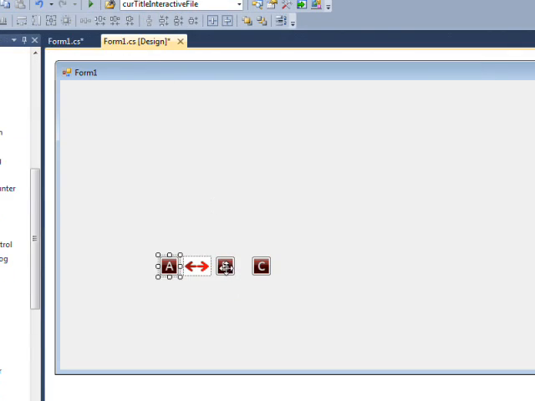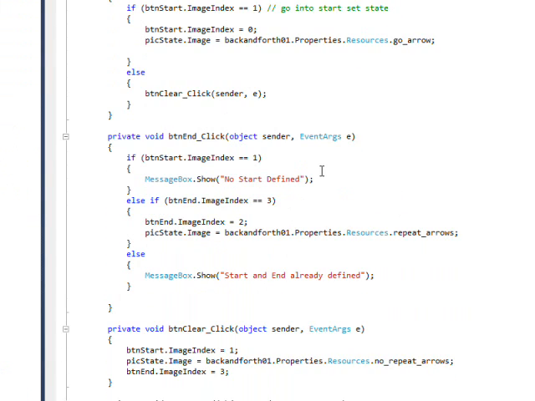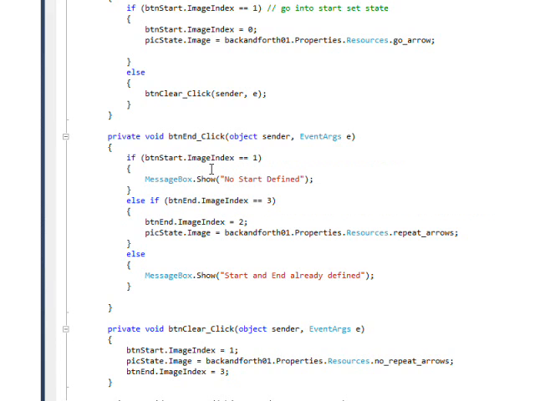And then if we look at the code in the B button, this actually is a finite state automaton, a very simple one. And it's basically saying if the start image is 1, that means we haven't selected a start. So it's an invalid state to try and select an end when we haven't selected a start. So I pop up a message box that says there's no start defined. But if there is a start selected,